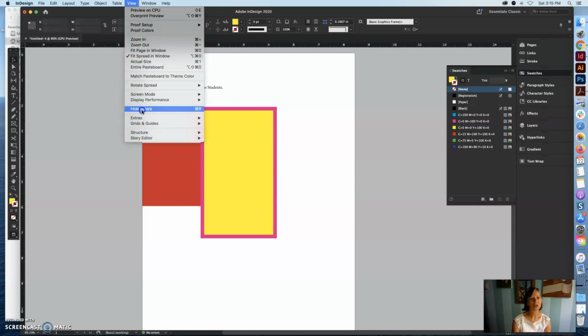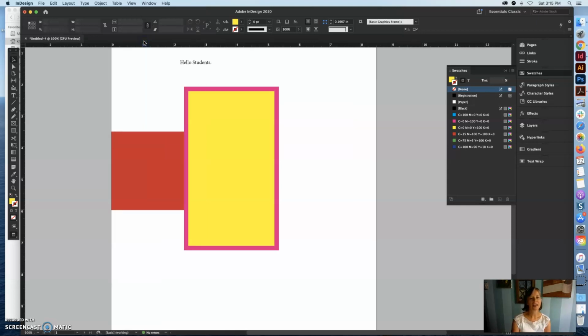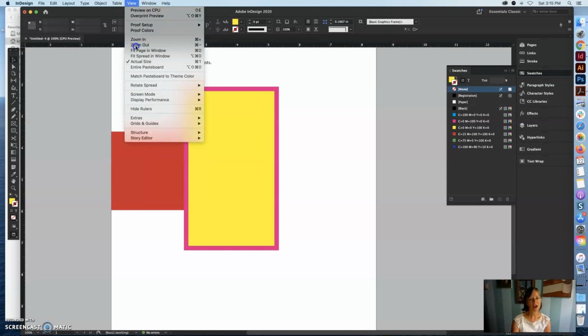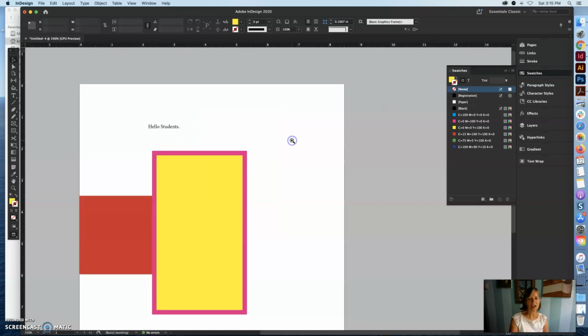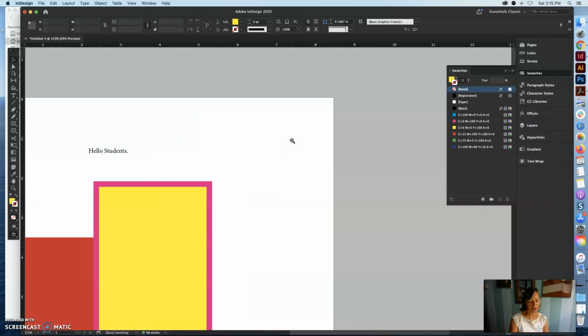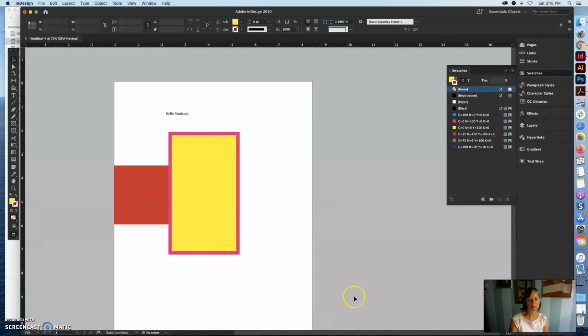View, as I showed you earlier, you can find rulers. You can zoom in and you can zoom out. Another easier way to do that, I'm working on a Mac. I'm not sure what it is on a PC. I'll have to check that. But if I hold down the Command key and the space bar, I can increase. And then if I hit down the Command key, the space bar, and Option, I can reduce. Okay, so